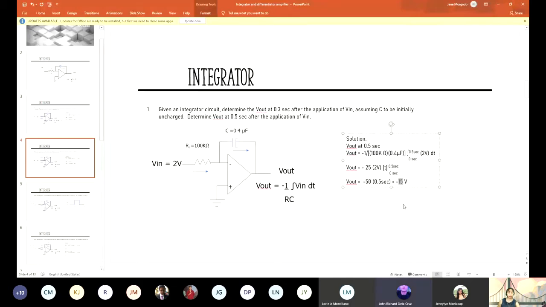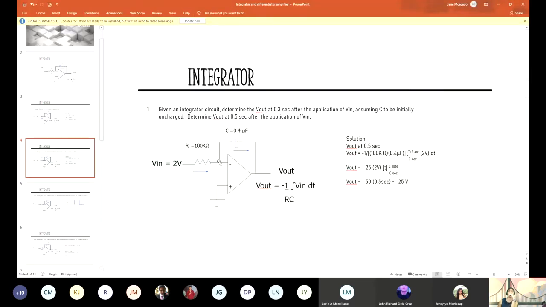25 po, ma'am. Okay, so we now have negative 25. Okay, we'll have negative 25 volts. Okay, theoretically, you'll have negative 25 volts. But in actual, so what is the